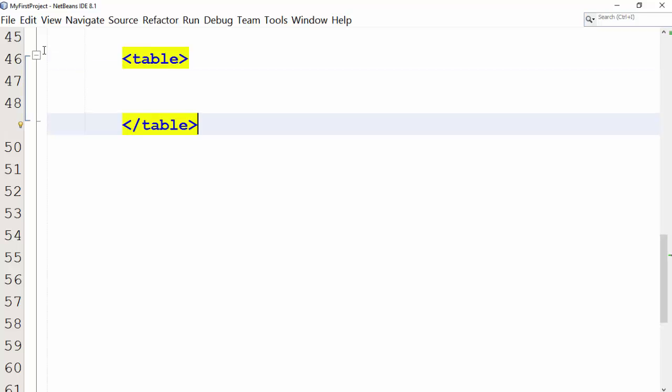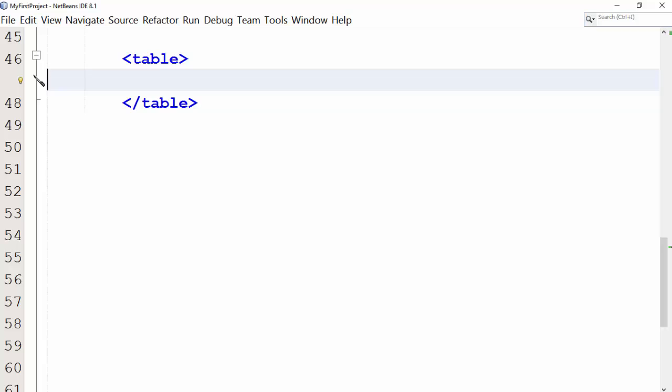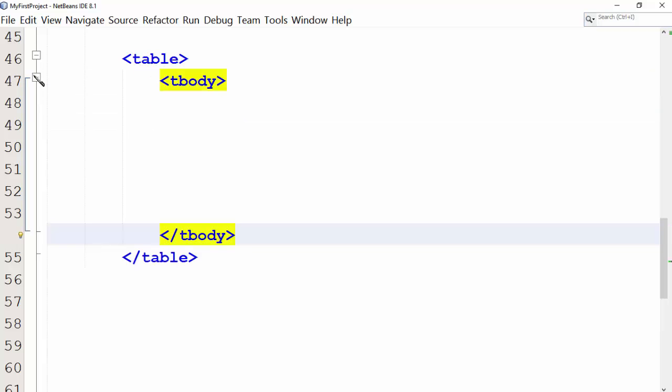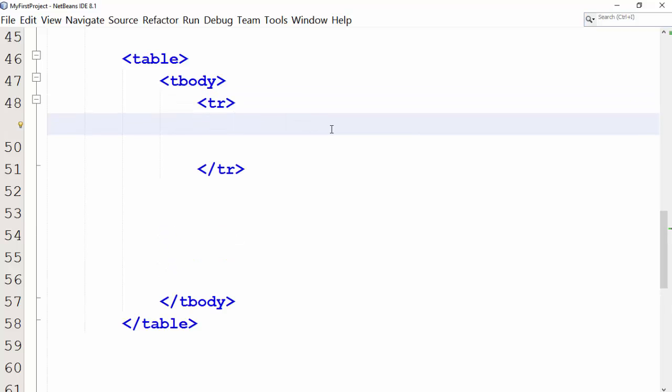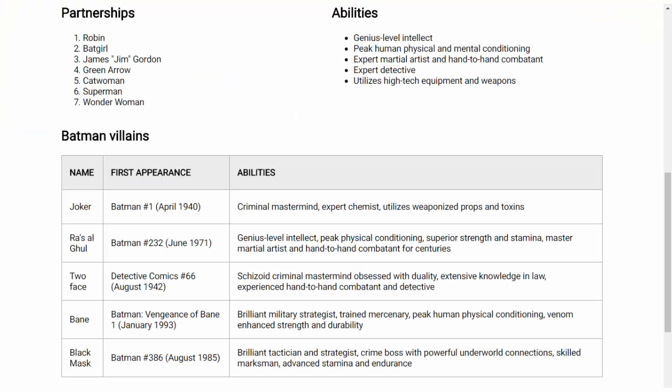We use the table element to create a new table. The content of the table is then added within the tbody element. A row within the table is created using the tr element. Tr stands for table row. Data in a table cell is added using the td element. Let us now first create a table having the content we just showed you. You can find the content of the table in the helper text.